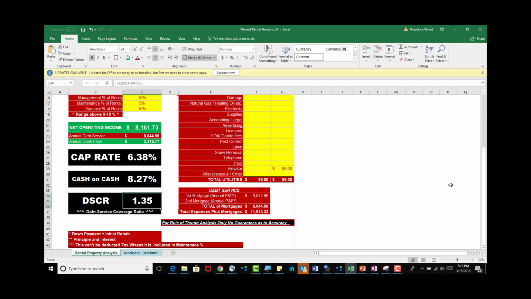So there you go. This will tell you how to make it in the rental arena, in the cash flow properties. It's a great spreadsheet to give you the numbers. Now, what I'm going to do is stop the